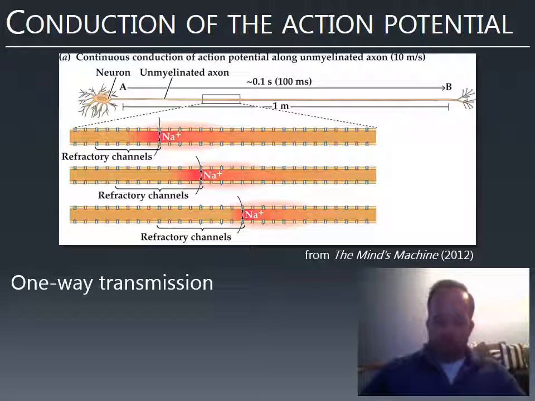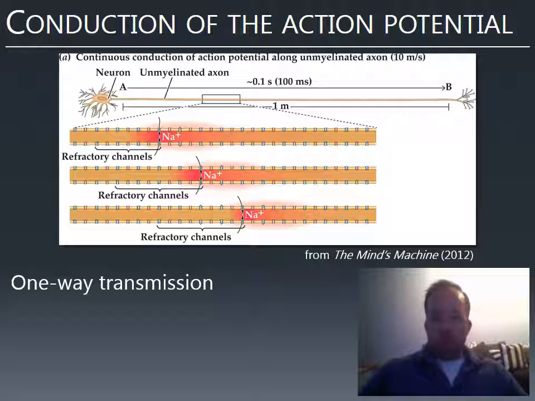Okay, so how do we conduct an action potential? Well, we just talked about how an action potential works at a single location. And the thing about neurons is, because of the dynamics of the way those ion channels open and close, which we're not going to get into the details of, the transmission is one way. So it doesn't start going down the axon and then start backing up. It only goes one way, because once a particular area of the neuron has fired an action potential, it shuts down for a little while. It has what's called a refractory period where it can't fire again. So the action potential travels down the neuron in one particular direction.